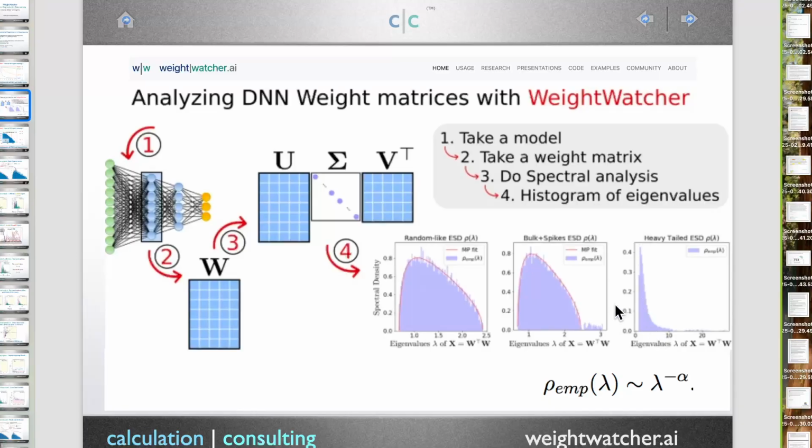It turns out the eigenvalue distribution becomes heavy-tailed. It becomes heavy-tailed and it becomes power law. And this has some really important implications on convergence, and it can be described using some techniques from theoretical physics, which may not be very familiar to people in the AI and machine learning community. In the theoretical physics community, they're very well known.